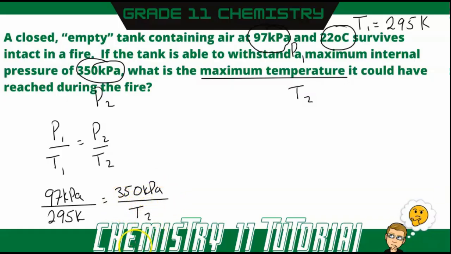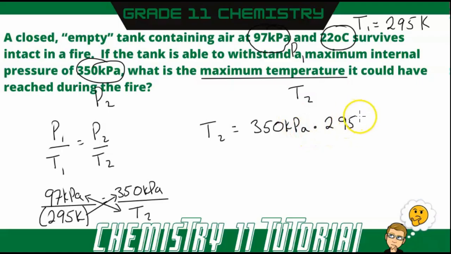So we're going to have to rearrange this. We can do some cross multiplying. We can switch these terms, and then this term we can bring up over here. You don't have to switch them both. We can just move our 295 Kelvin up here, like we're multiplying both sides by 295. When we do that, we're going to get T2 is equal to 350 kPa times 295 Kelvin, all divided by 97 kilopascals. And that is going to be